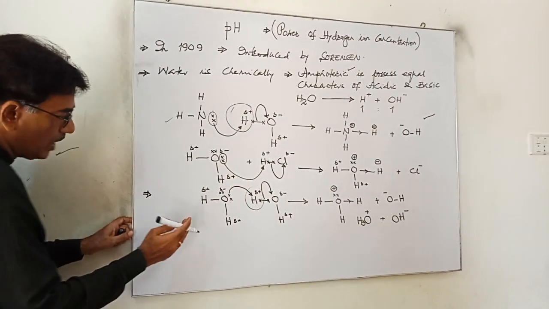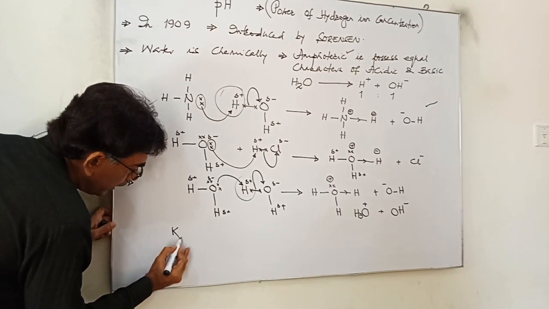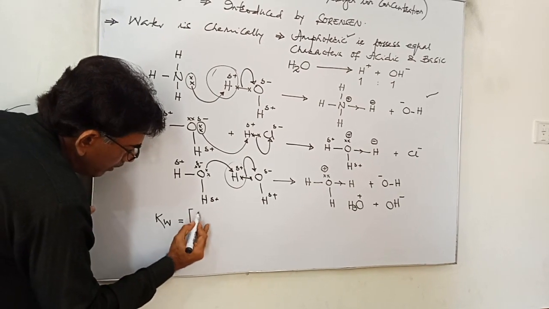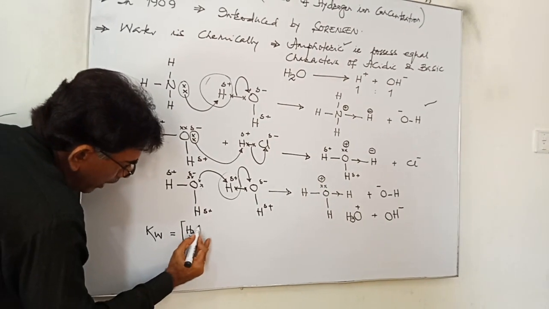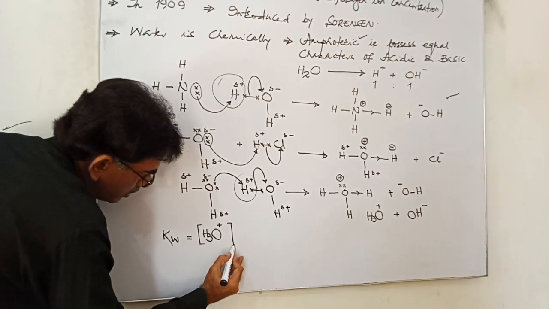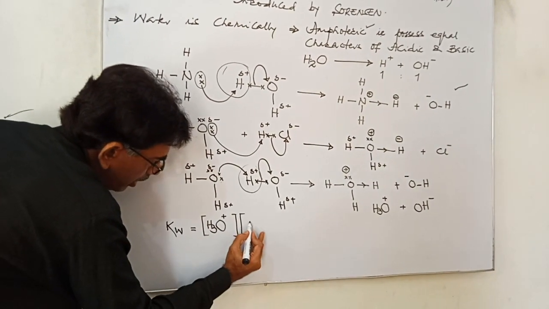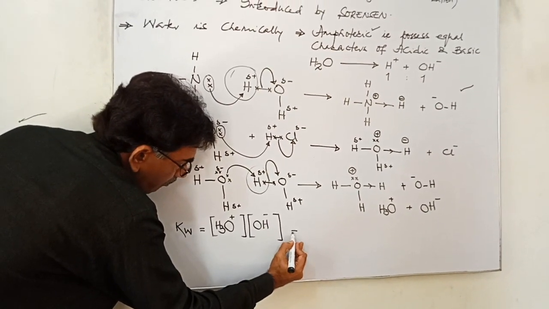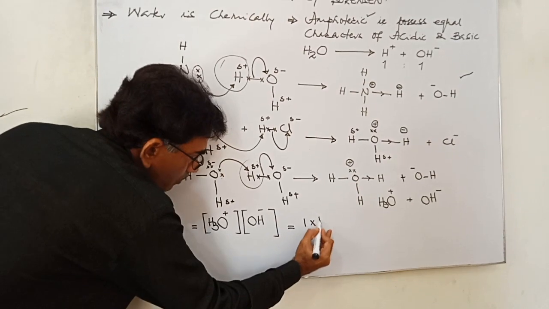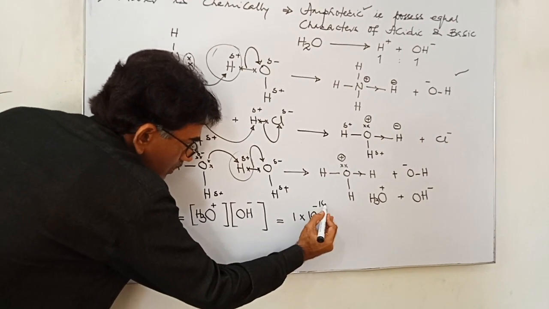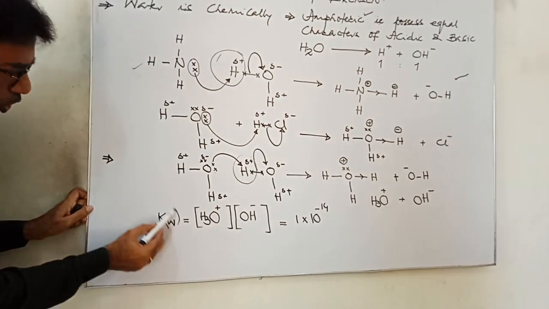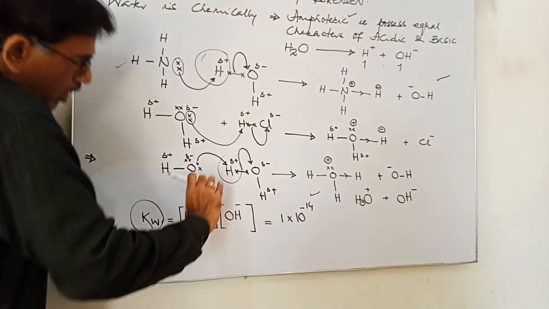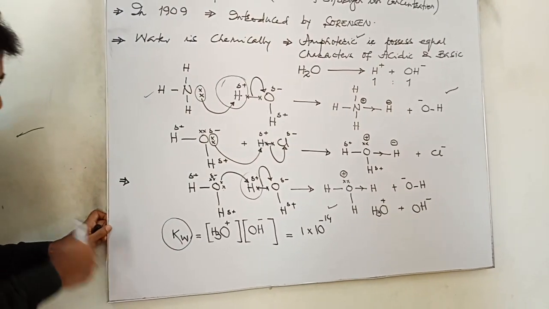As we know, Kw is our dissociation constant for water, and from that we can know the concentration of the ions present. From the value, it is 10 to the power minus 14. So the dissociation constant of water, when water is ionized,